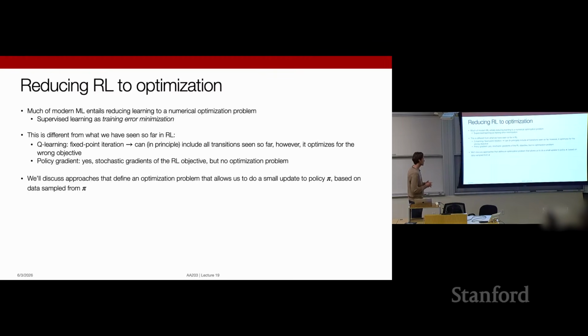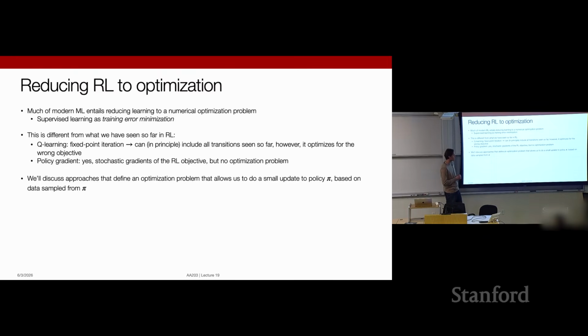And this is fundamentally different from what we've been doing so far in reinforcement learning. Because if we think back at value-based methods, Q-learning being a prototypical example, this is, first of all, fundamentally different because we're not really optimizing an objective, but we're doing fixed point iteration, which can, in principle, include all of the transitions from an offline data set. But from the perspective of trying to mirror this same formalism, this is not really optimizing the ground truth reinforcement